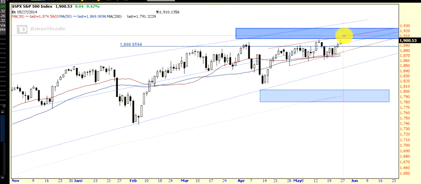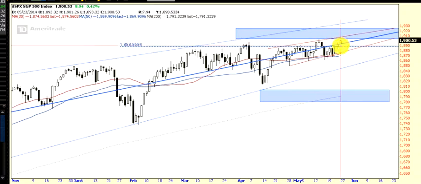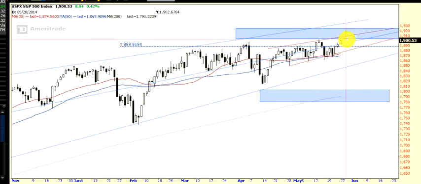So we should see a gap up into this resistance. We have a new closing high. Friday was a new closing high. It wasn't a new high. This day here was higher than this day here, but it closed higher than this day here. So it was a new closing high, but not a new high. So I suspect we're going to get a new high and a new closing high as we move into